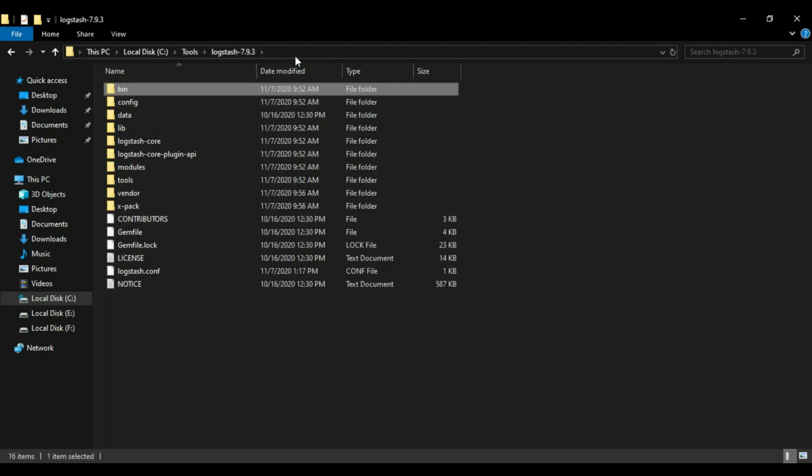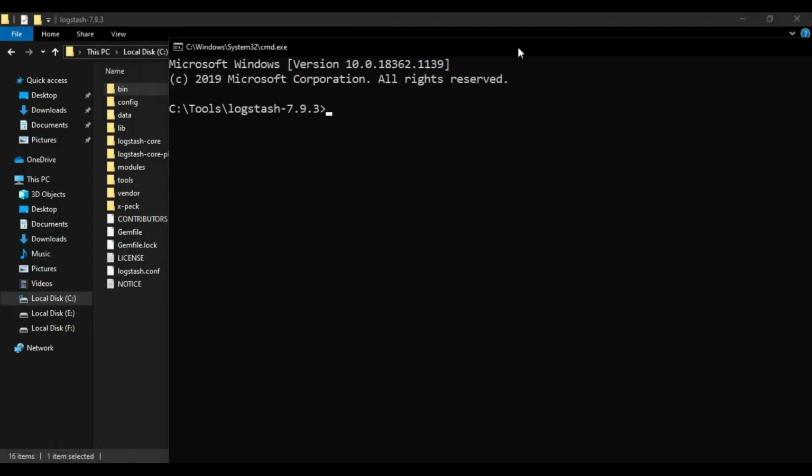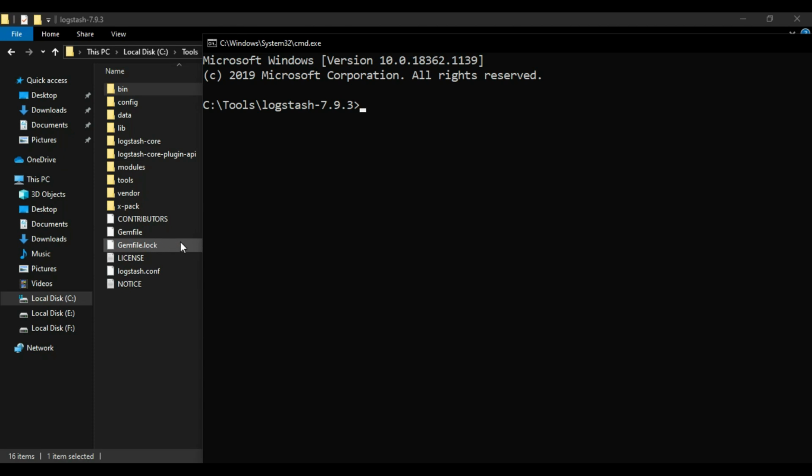So I will go to the path where my conf file is. See, this is my logstash.conf file that we have created, so it is here. I will go here, then I will say logstash -f and my logstash.conf file, and just say enter.